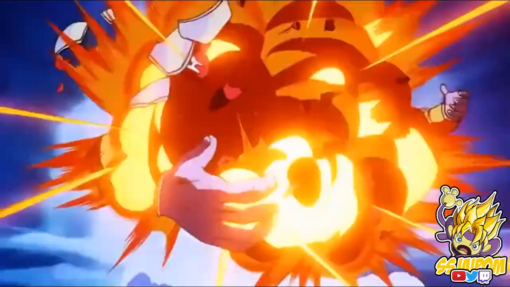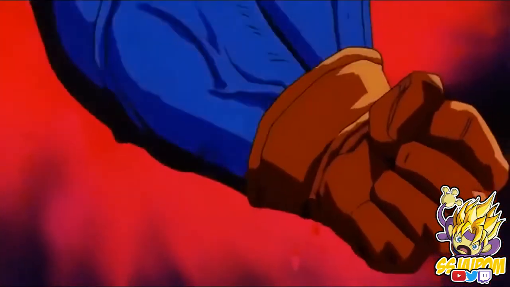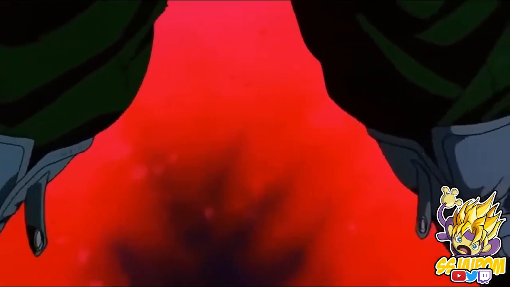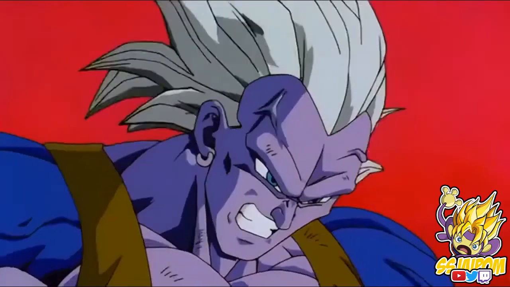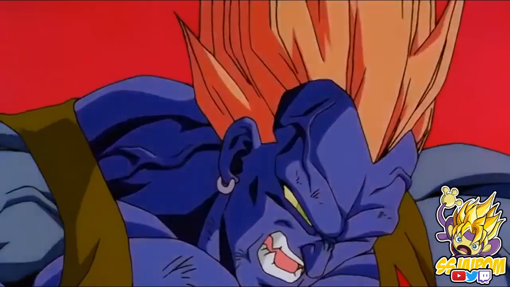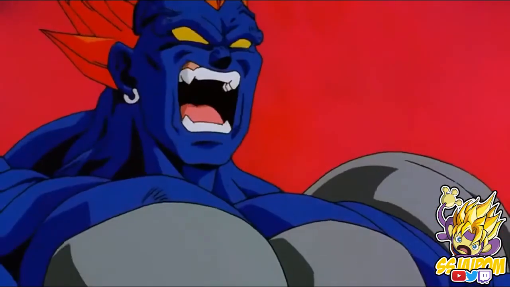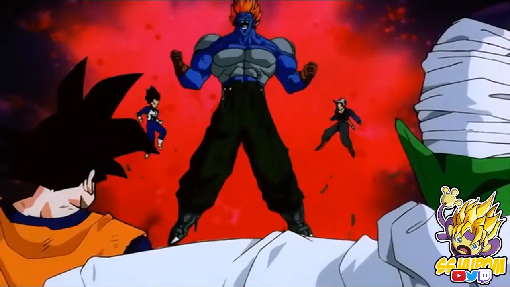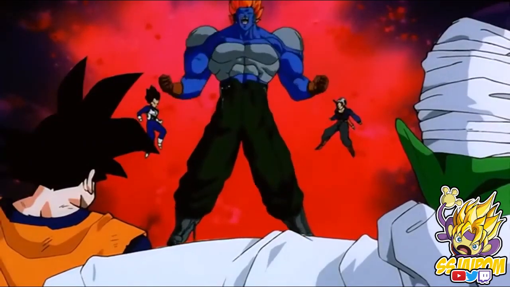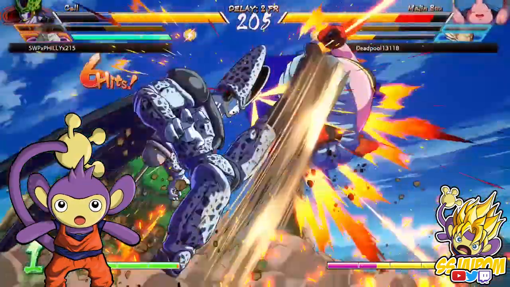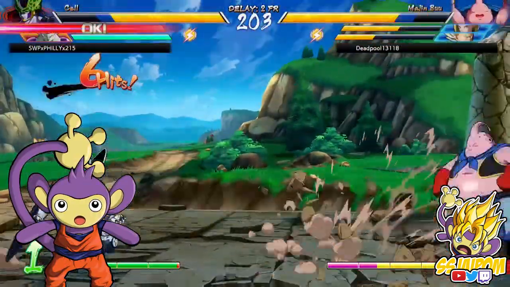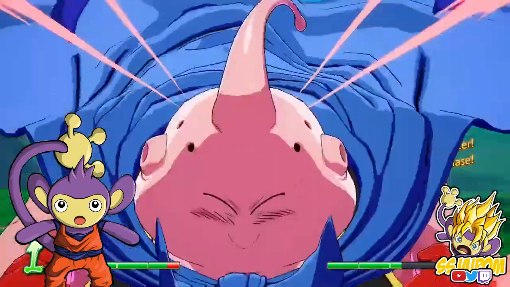We don't get to enjoy it for long though, because apparently Android 13 can absorb scraps from the defeated androids and get a wicked power boost. So guys, hold on, it's going down. This is it. At this point, we have to keep in mind that Goku had just matched up evenly with 13 in his base form after turning into a Super Saiyan. And now 13 is able to take on 3 Super Saiyans and Piccolo with ease without breaking a sweat.